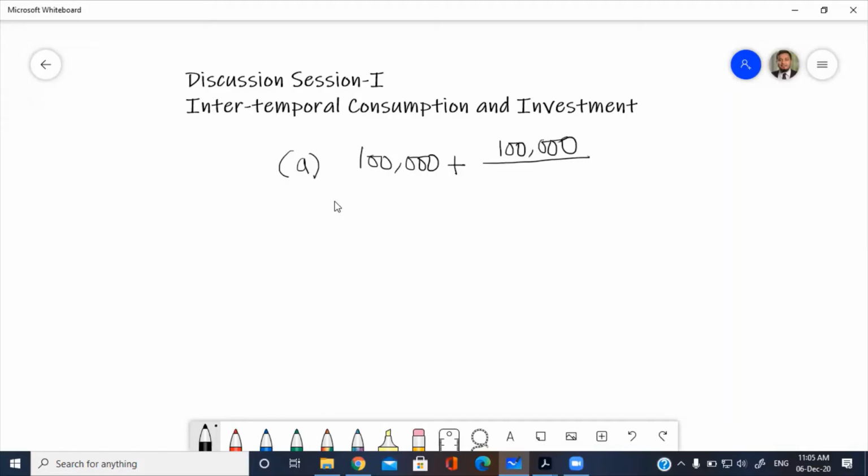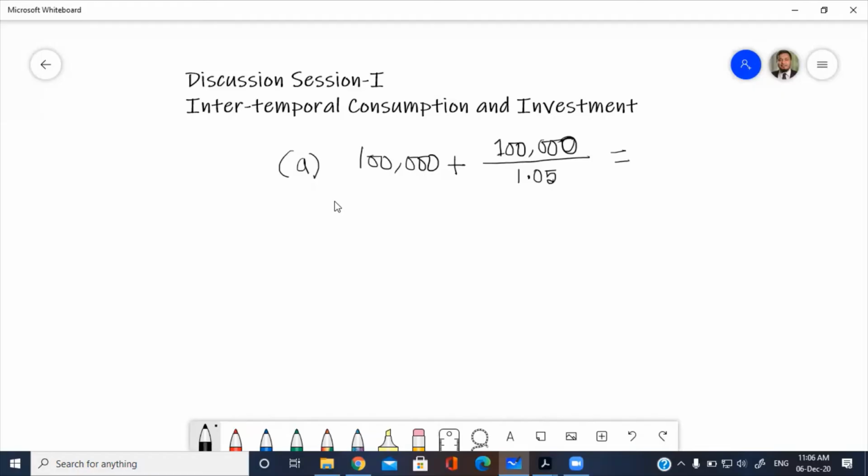by showing the future income to the lender, that I have the 100,000 taka income to be happened in future. So what can you do? You can give me lending of how much? 100,000 divided by 1 plus risk-free rate. It is the present value of the future income. So this is the amount of maximum consumption Mr. Goodhart can make.